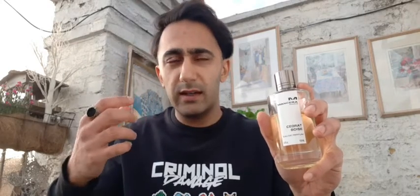So this is a zesty, limey, fresh bergamot with that grapefruit really coming through. The blackberry in this is there when you focus on it, but it's a clash between blackberry, lemon, and grapefruit. They say lemon and blackberry in the top note, but I'm smelling more grapefruit, then lemon,